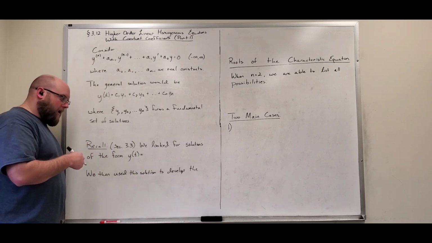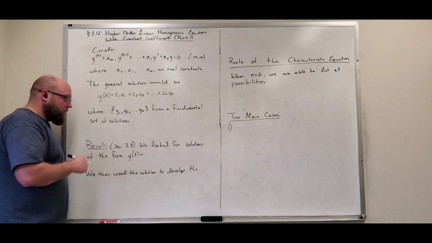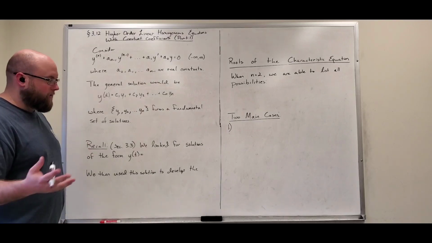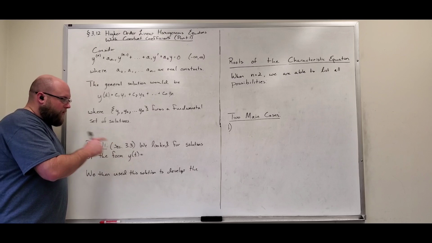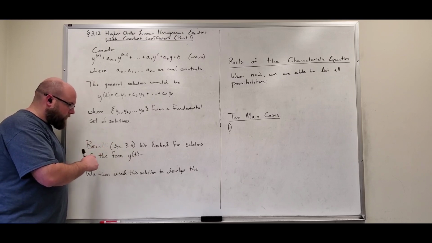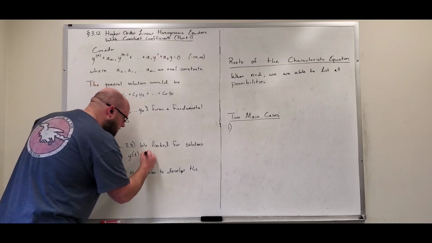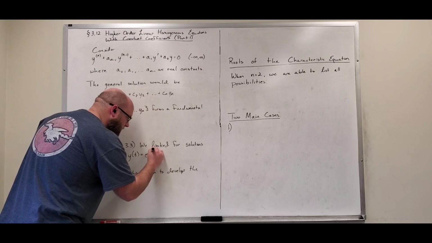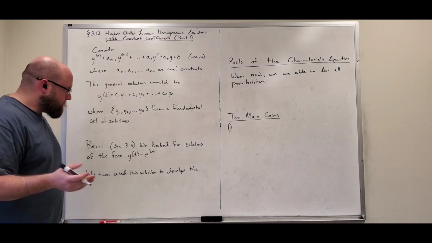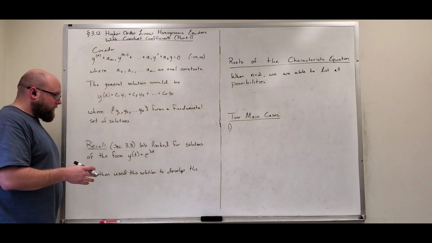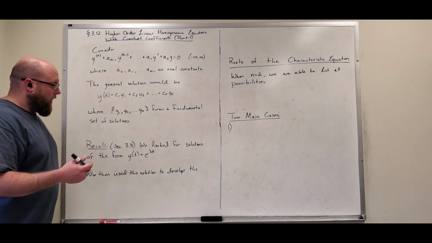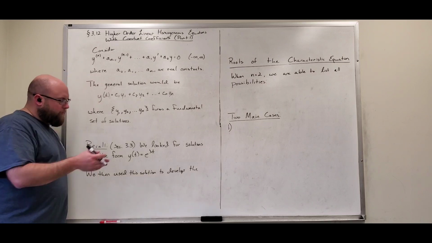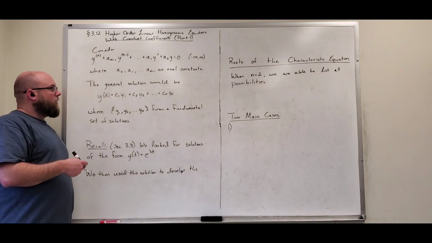Well, let's look back at what we developed in section 3.3, which was when we dealt with constant coefficients for a second order linear. And so when we looked at these, we looked for the solutions to be of the form e to the lambda t. Does everybody remember that? And so what we did is we took these and we plugged them into our second order, and then we found out that, hey, when we take the derivatives and everything like that, in the end,